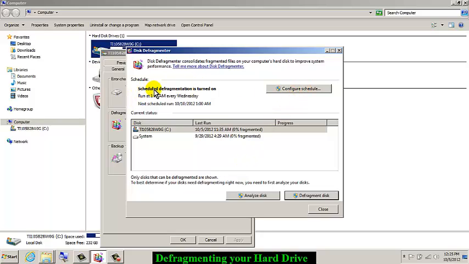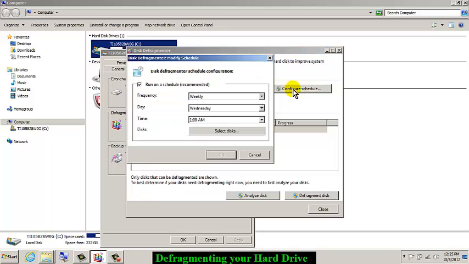So right now, if you look over here where it says scheduled defragment is turned on, it's running at 1 o'clock in the morning every Wednesday, and the next date is scheduled for, in this case, October the 10th. But we're going to change that. I'm going to go to Configure Schedule. We're going to leave it at weekly, which is recommended, and on the day I'm going to change it to Friday,